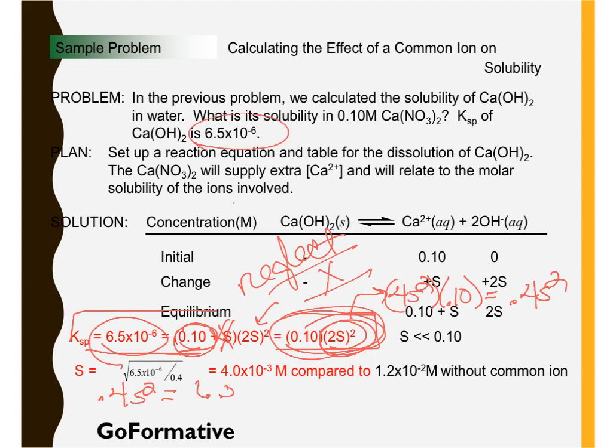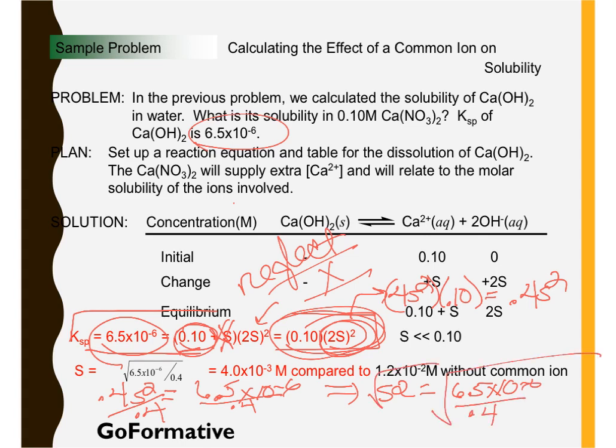So that's 6.5 times 10 to the minus 6. I'm going to divide both sides by 0.4. And that then tells us that S squared is 6.5 times 10 to the minus 6 divided by 0.4. And now you have to take the square root of both sides. And so the bottom line is the answer we get here is that X, or solubility, is 4 times 10